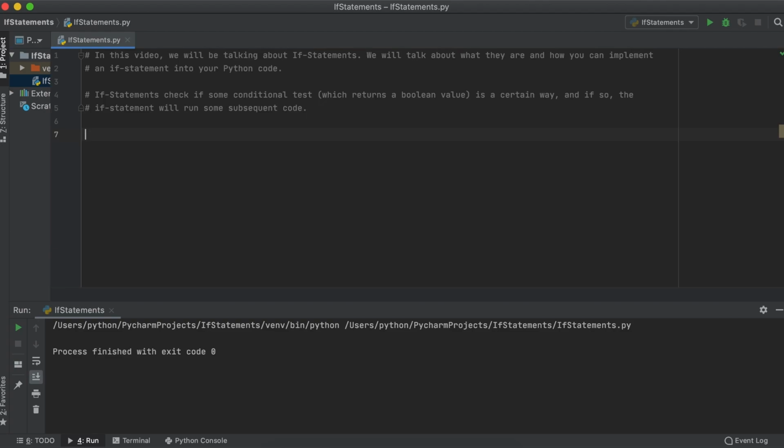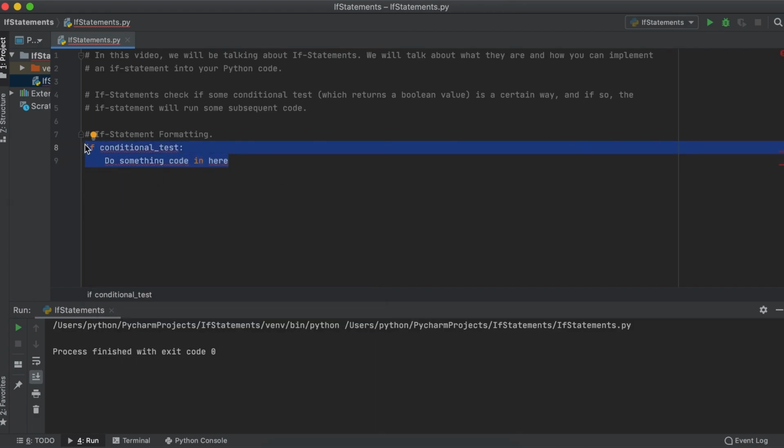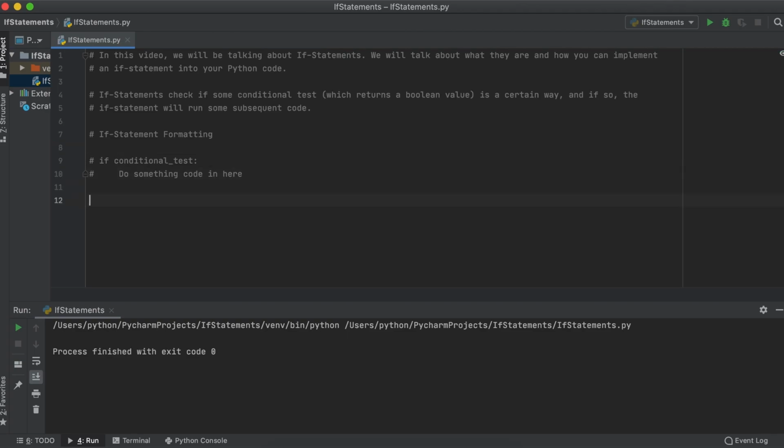So, now that we have a rough understanding of what if statements are in Python, let's go through a few examples. To begin an if statement, you type if and then your conditional test, whatever that may be. It could be if one number is greater than another, if one value is equal to another, etc. Then you put a colon to indicate to Python that the following lines will be the do something portion that gets activated if your conditional test is true.